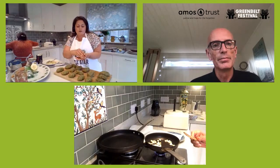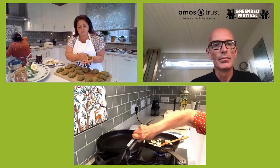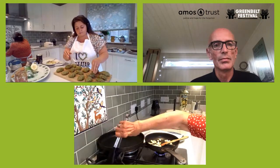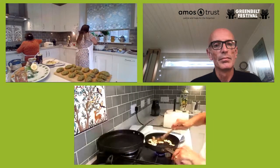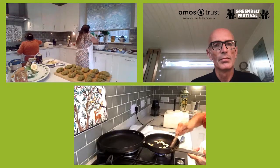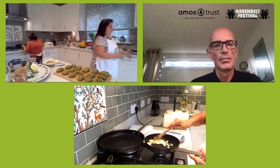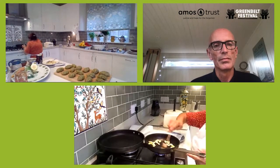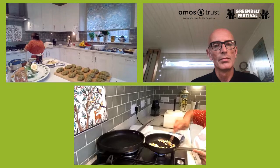So occupation agriculture in the Jordan Valley is particularly damaging, not just because of the vast amount of area that it occupies, but also because of the chronic way that it steals water from the Palestinians. It steals, essentially, labor from the Palestinians, and it steals land from them. And then it competes with them in a local and global market for similar types of products. So in terms of agriculture, it's really, really serious, because the Jordan Valley is the livelihood for so many Palestinians, and yet it's being really...